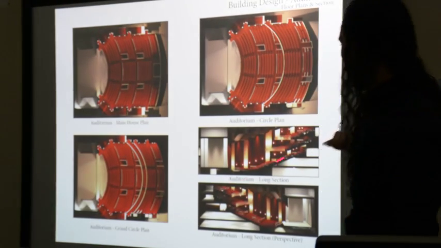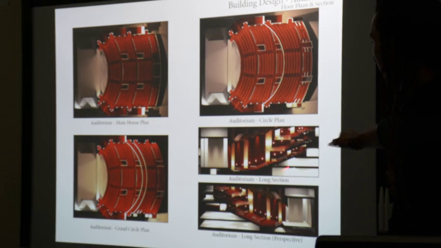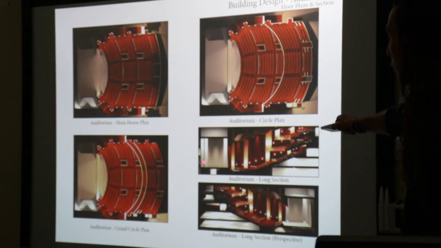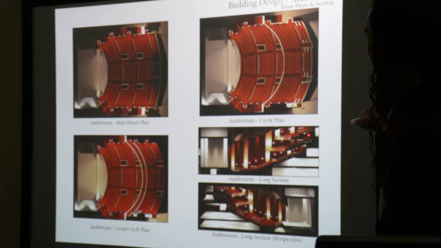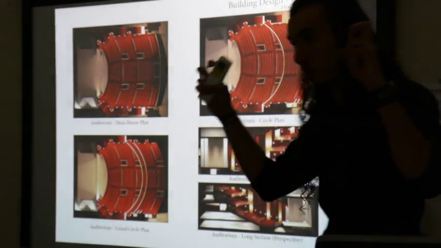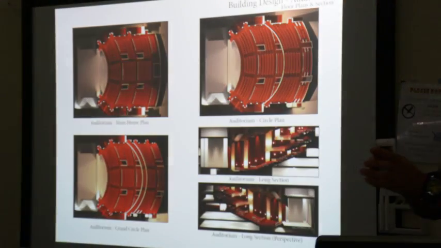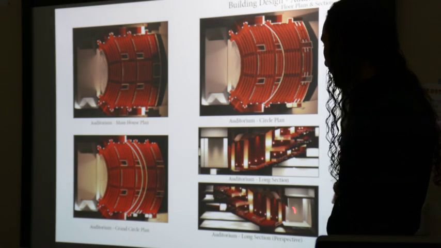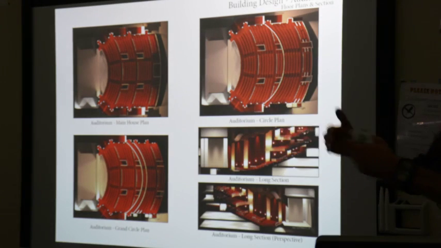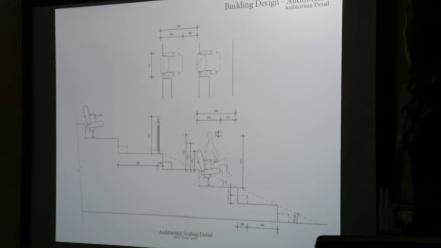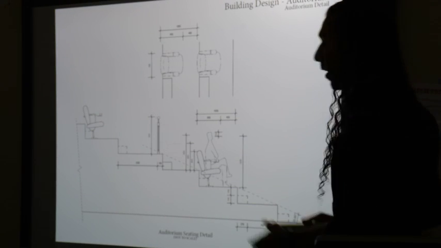Section of my auditorium showing the relationship between the scheme, which as I mentioned is the angle of the seats, and the stage over here. And I ensured that every person gets direct eyesight to the back corner of the stage, which is the hardest place to see. So if you can see that from any point of the auditorium, you can see everything. This is a perspective section, just to give you a bit of depth of what you're looking at. This is my auditorium detail to show that I have